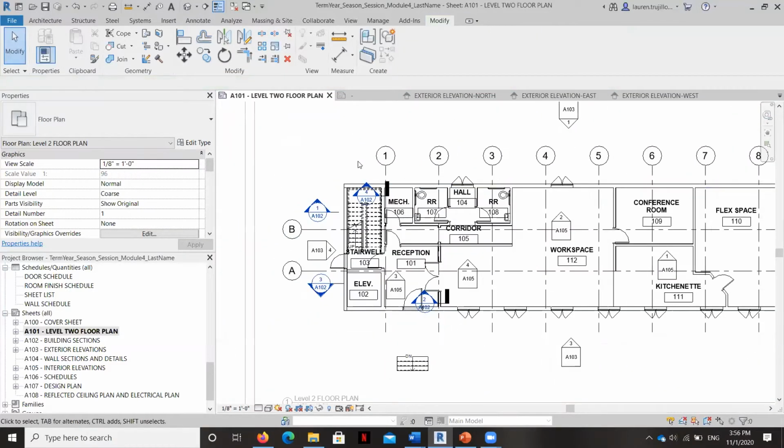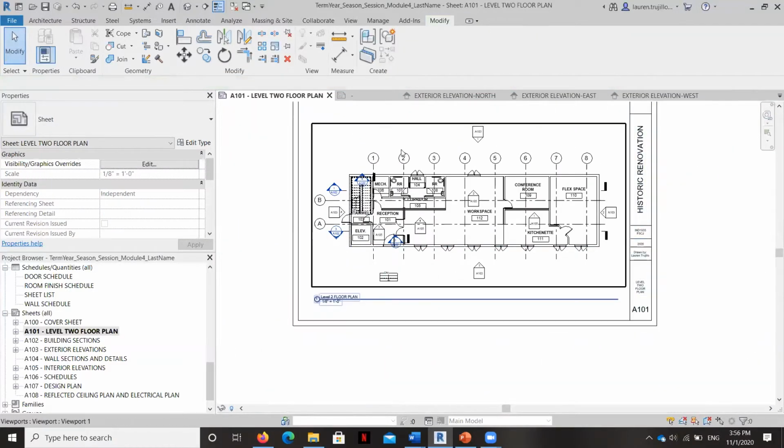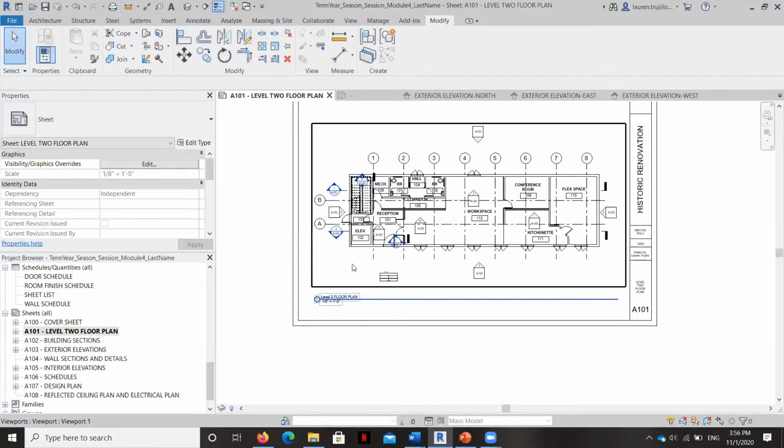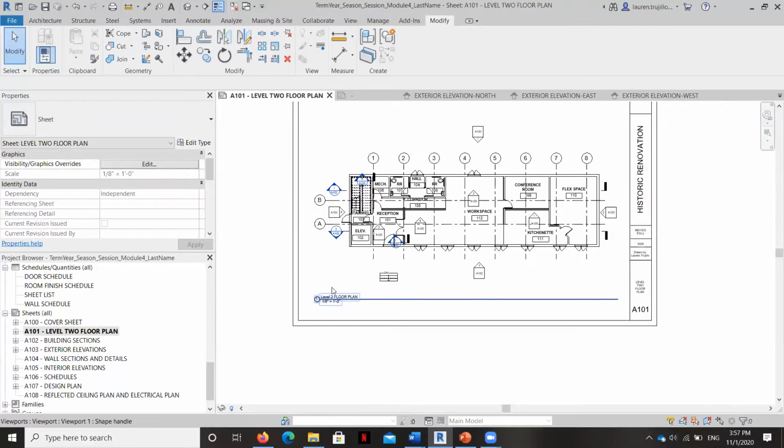So now that we've got a little bit better visibility on this plan, I'm going to teach you how to add a north arrow. Now, north arrows are usually somewhere in this lower left-hand corner of a drawing. And keep in mind that there's both project north and drawing north. So if a project, for example, is not perfectly aligned with the cardinal directions, if it's a little bit crooked, let's say, on a site, then it will have a project north that might cause the north arrow to be a little bit angled, whereas on our sheet north, we want to make sure that the north arrow is straight.